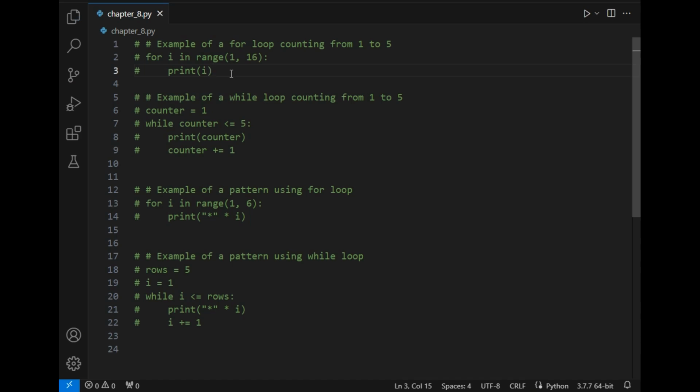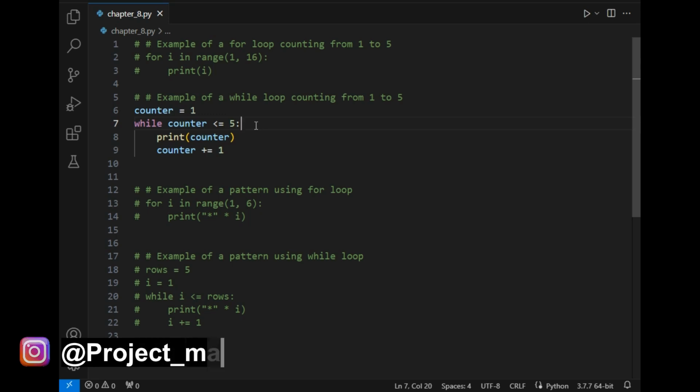Now the other type of looping structure is the while loop. For that we have to write some extra code, which is in front of you. Firstly, we have to declare a counter. The value of the counter will be 1, and we have to declare a while loop using a condition. So while, which is the name of the loop, counter is less than or equal to, this is the less than or equal to symbol, which means that as long as the value in the counter is at most 5, go into the while loop